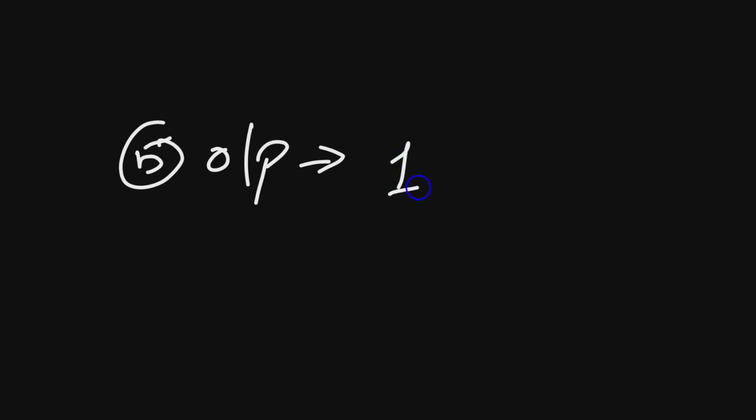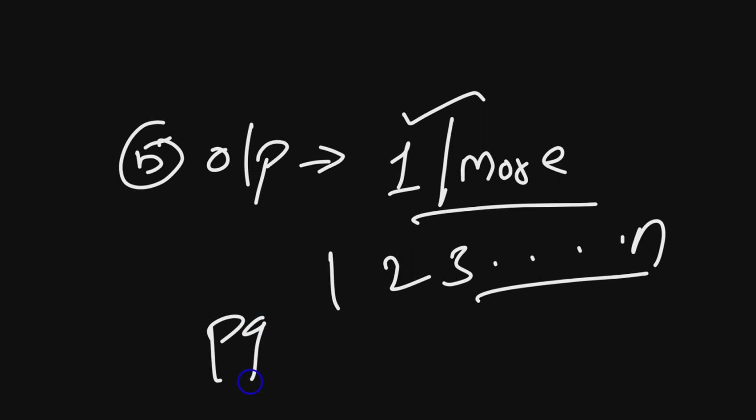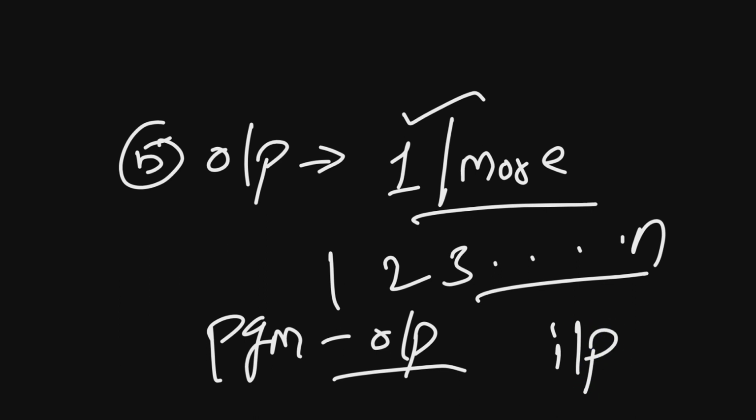The fifth feature is output. An algorithm or a program must produce at least one output, or it can produce more than one: 1, 2, 3, n number of outputs, but at least one. If a program is not producing any output, there is no use of writing that program. We write a program to get some output. It might not take any input, but it must give at least one output. That is the next feature. And the last